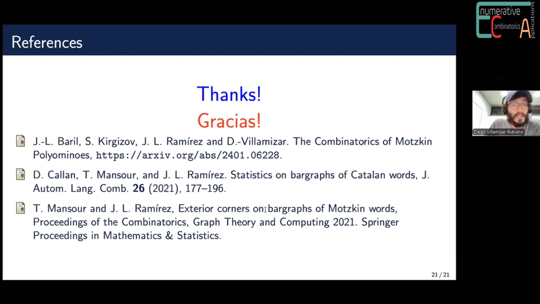And the third one is for someone in the audience who was probably thinking, well, you consider the area, you consider the semi-perimeter, and you consider the interior points. So what happens with exterior points that are interesting? Well, all of the exterior points are taken into account with semi-perimeter, but there are points that are very important in the exterior, which are the corners of these things. So if you want to see about those exterior corners, you can take a look at the chart.